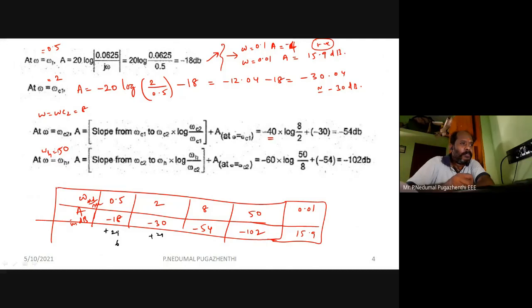the difference is 24 minus 18, which is 6. 24 minus 6 gives minus 6. If you add plus 24 here, you will have a 30. If you add a plus 24 here, minus 102 plus 24, you will get minus 78. Okay, minus 78.